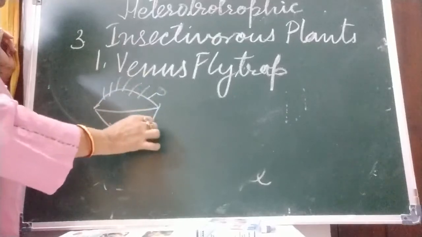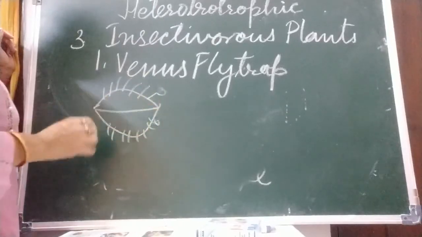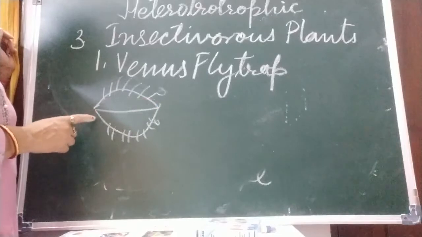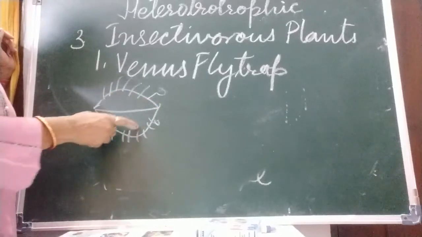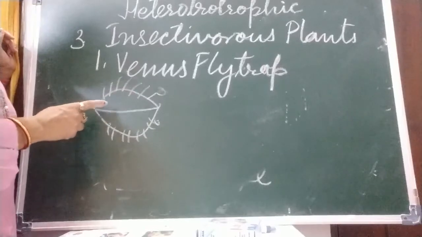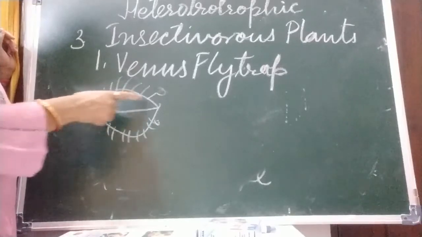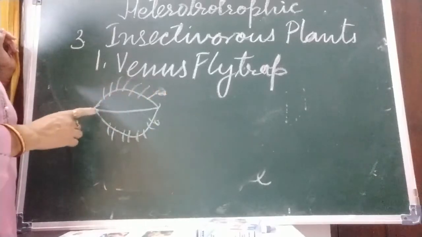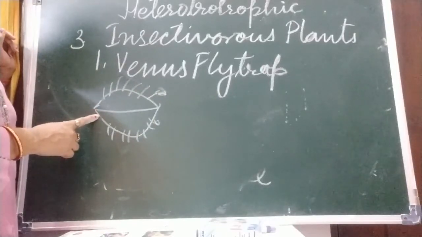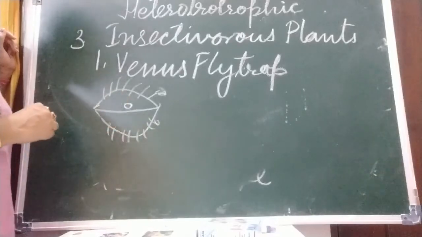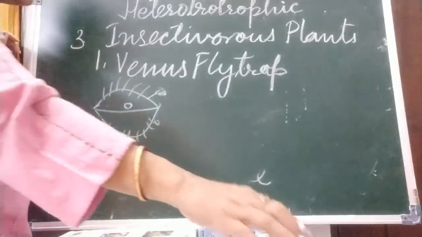It is very attractive. The inner surface of the leaves has short, stiff hair. When an insect touches the hair, suppose the insect touches the hair, the leaves snap shut. In less than a second, the insect is trapped and digested. Second is